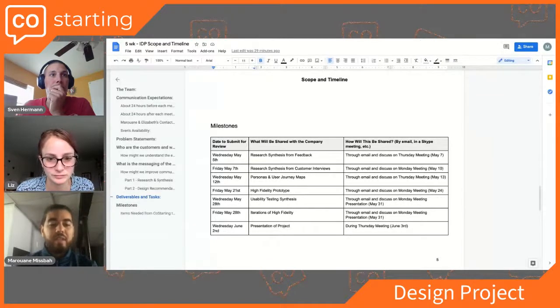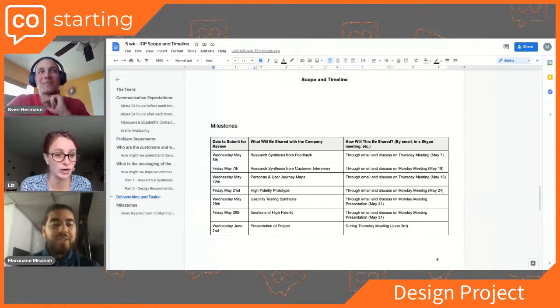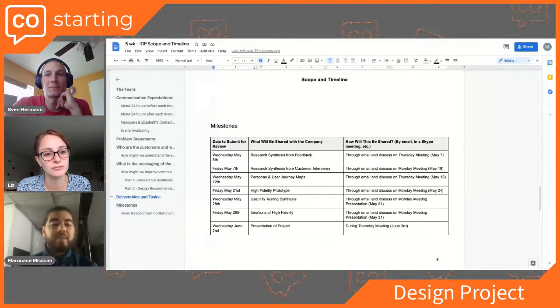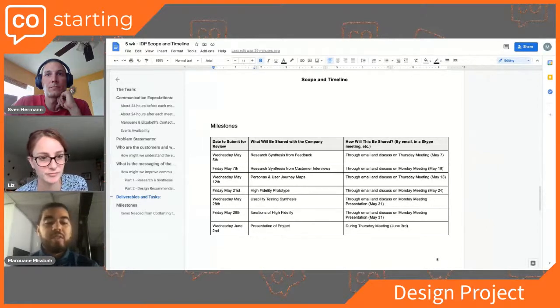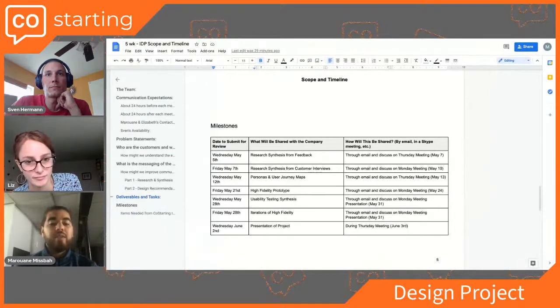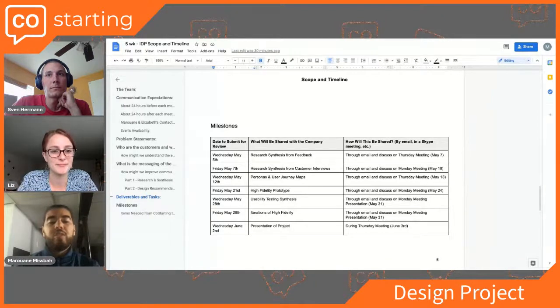So on the screen here is the milestone schedule. On the left side is the date that we're going to submit, what we're going to email you. Basically, part of the agenda is the deliverables. For example, Wednesday, May 5th, we're going to be sending you the research synthesis from the feedback. Everything they're going to send us today that we asked for, we're going to go through it, and by Wednesday we will send you the agenda and what we come up with, for you to review, and then we'll go over it together. We'll send it through email, and then we're going to discuss it on Thursday, May 7th